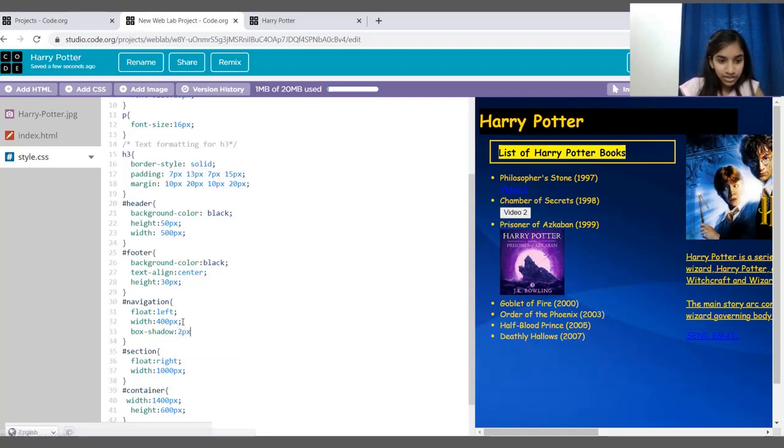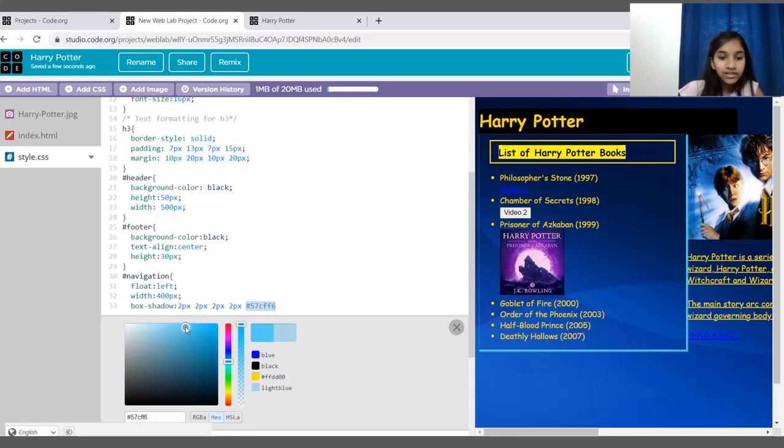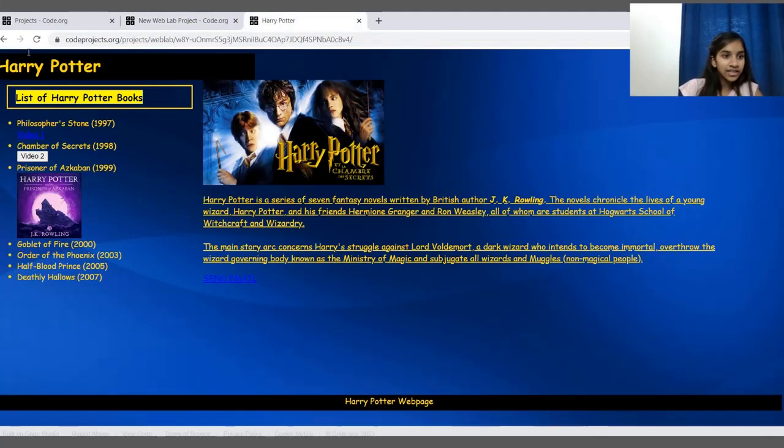So I'm just going to keep it as 2 pixels for all four sides. And I'm going to give the color as light blue, or for now I'll just select this and pick out my color. And after this, if you save this and check it here,